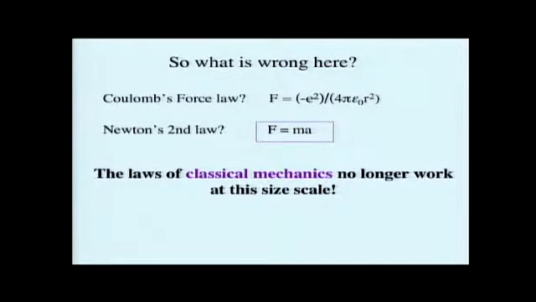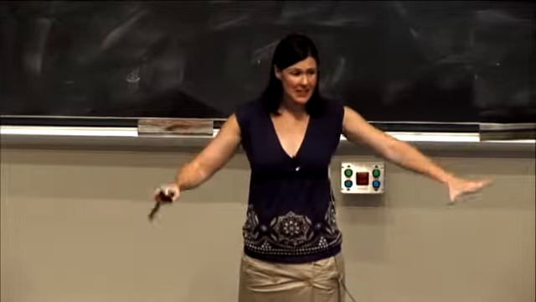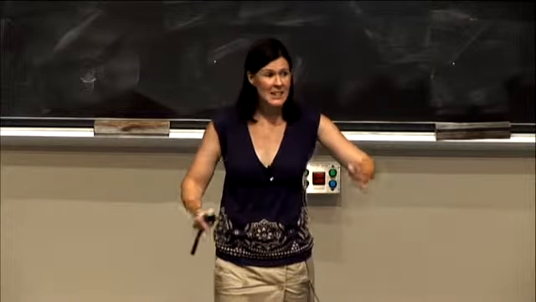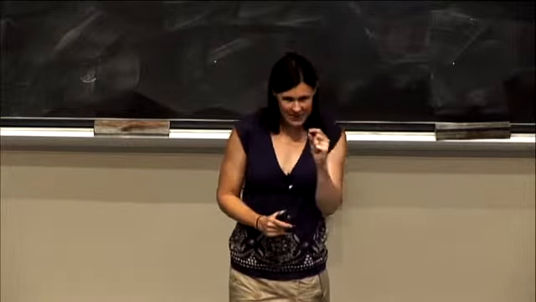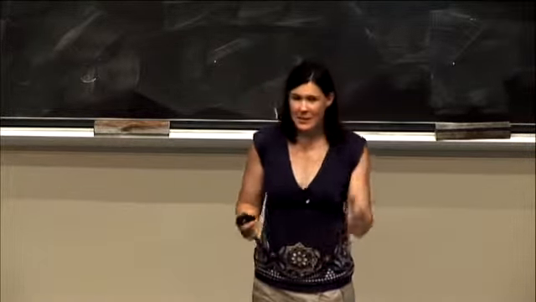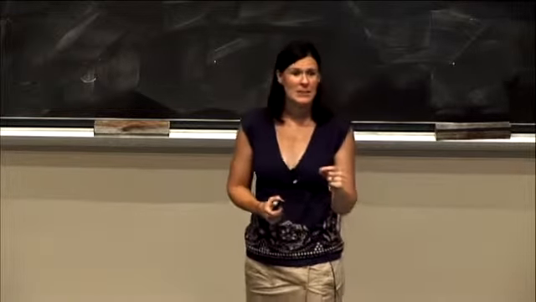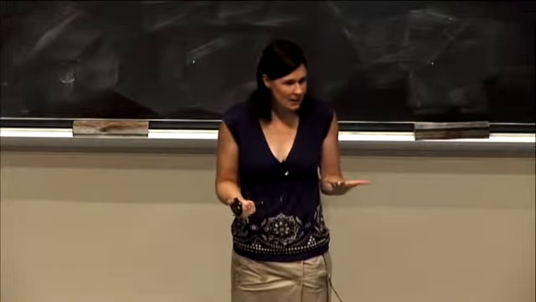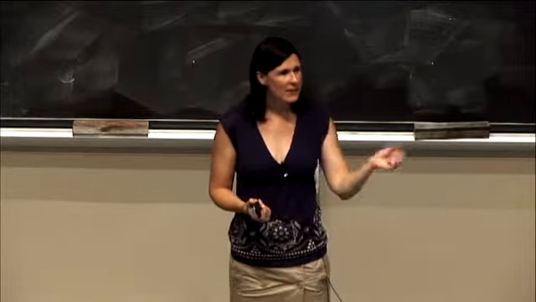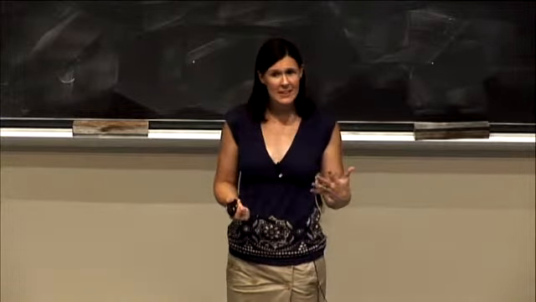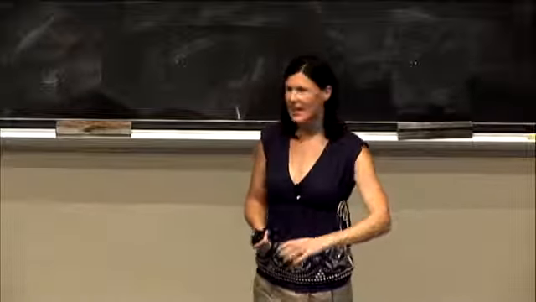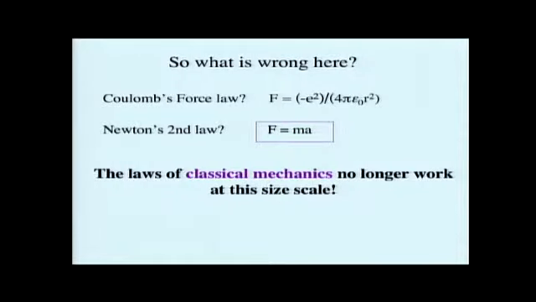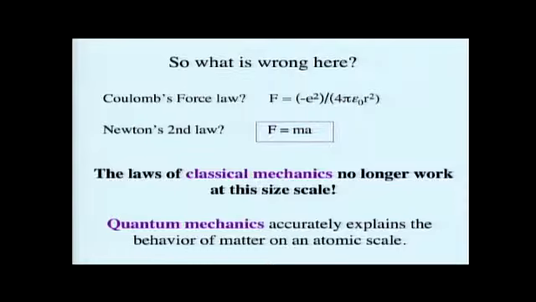small size scale. As we said, Newtonian mechanics does work in most cases. It does work when we're discussing things that we can see. It does work even on things that are too small to measure. But once we get to the atomic size scale, what happens is we need to be taking into account the fact that matter has these wave-like properties. And we'll learn more about that later, but essentially classical mechanics does not take that into account at all. So we need a new kind of mechanics, which is quantum mechanics, which will accurately explain the behavior of molecules